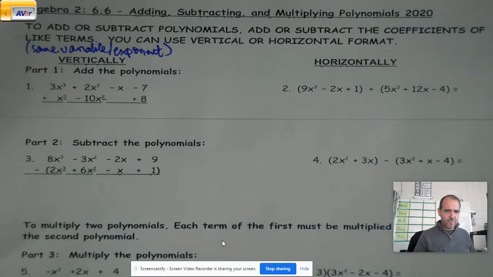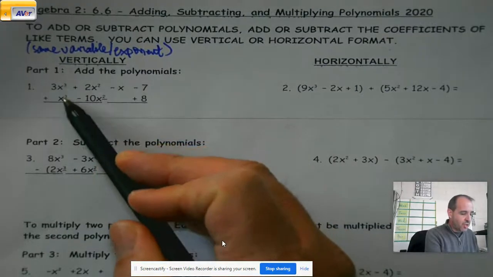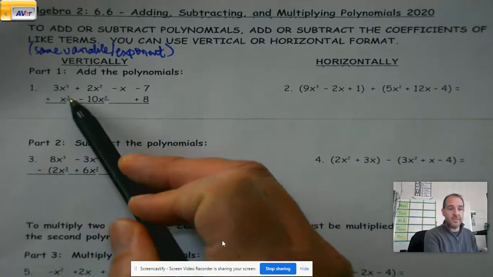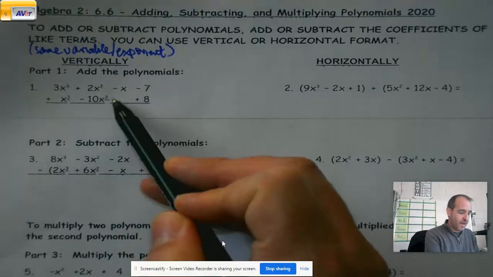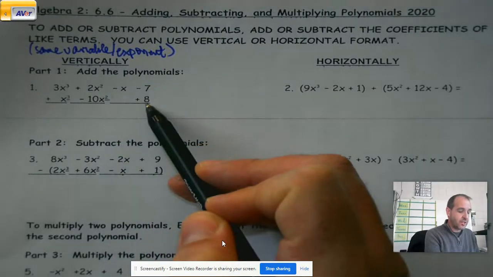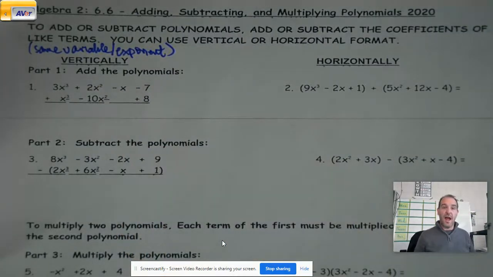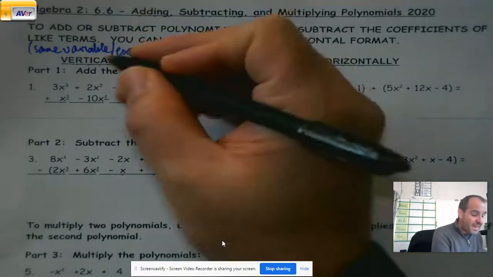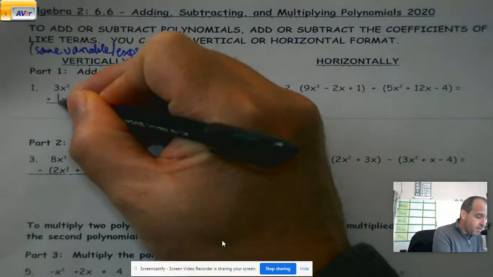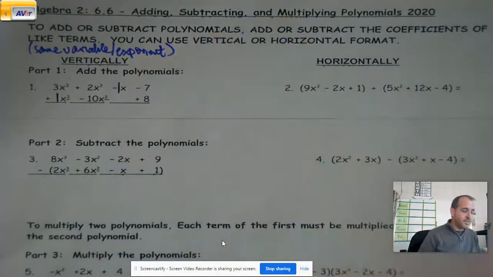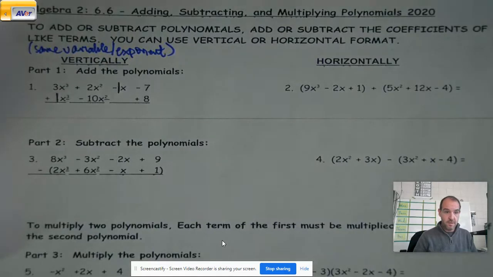So when we're looking at adding the polynomials vertically, here's the important fact about doing vertical. You need to really watch and make sure that the exponents are the same, like that these are both x to the thirds, these are both x squared, these are both coefficients. Because if I just line them up and I have x to the third under x squared, that doesn't work. They're not like terms. So as long as I make sure they're like terms, and as long as I remember that any coefficient is going to be a 1 if I don't see one there, now I can look and